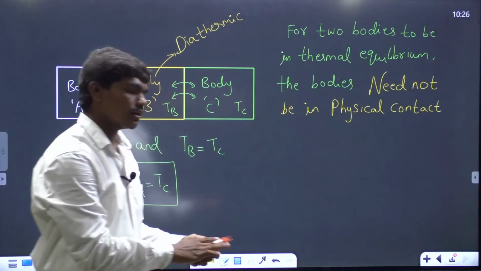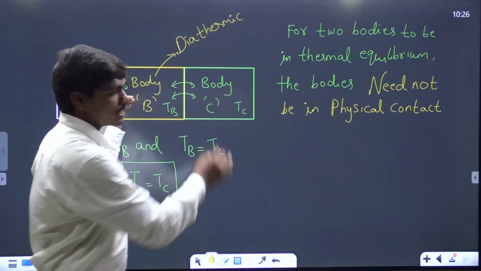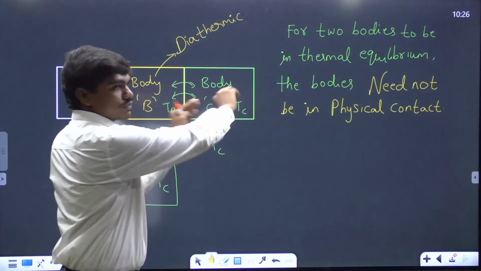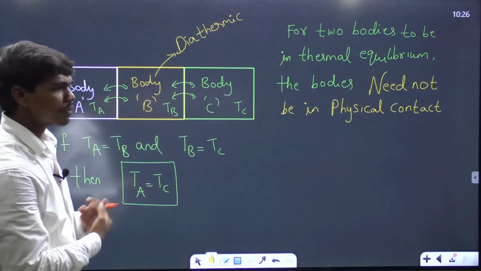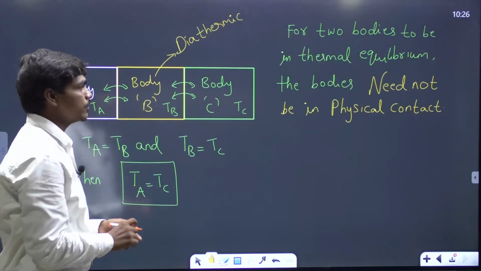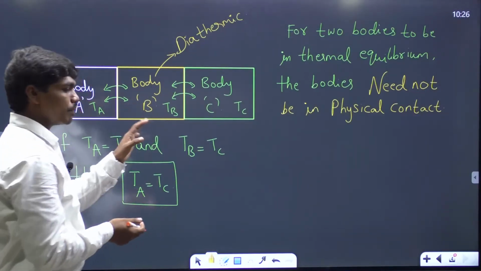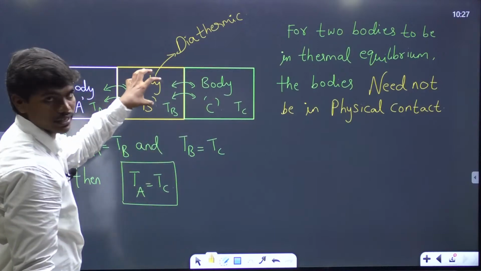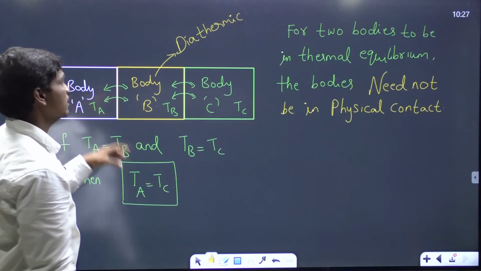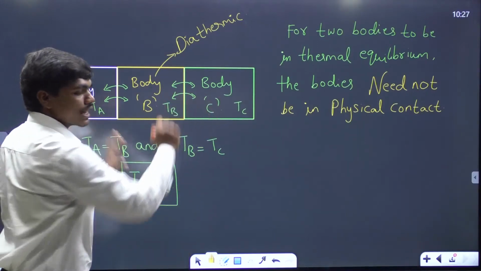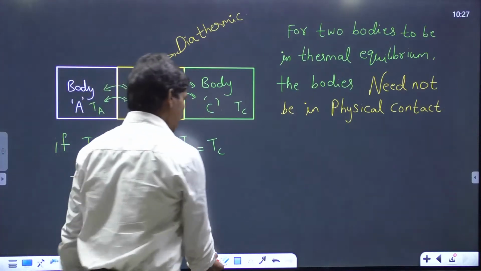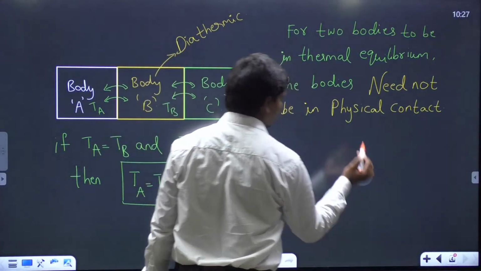Okay, means if you give some heat at this end of the body, this body is capable of transferring this heat throughout this body and transfer it to other end. Okay, so basically they have some conductivity. That's what I mean to say here. Okay, so as long as this happens, the bodies are not in physical contact, and of course if they are separated by a diathermic body which allows heat interaction, then these two bodies A and C can attain thermal equilibrium. That's the main art, and this gave rise to one very important concept called